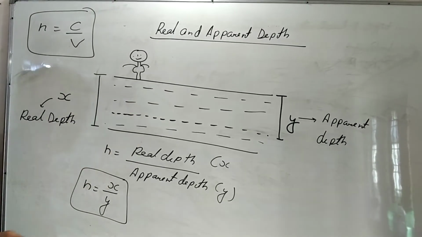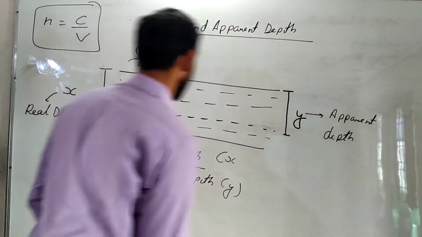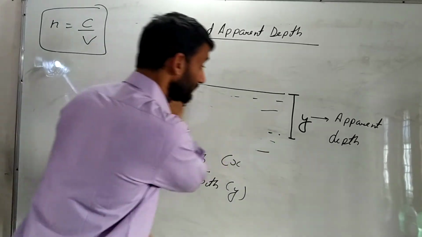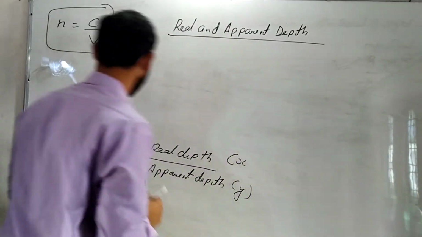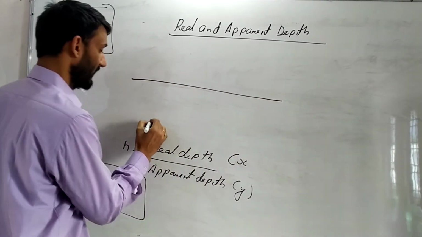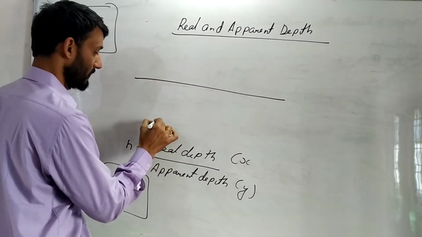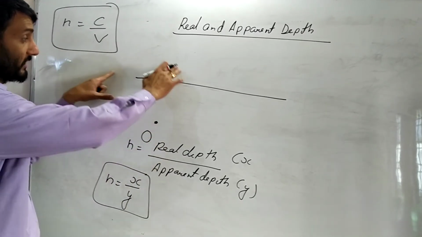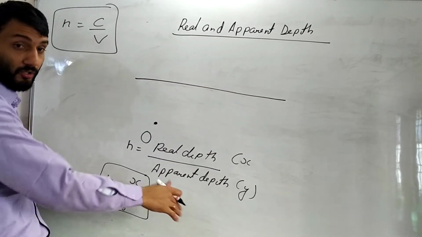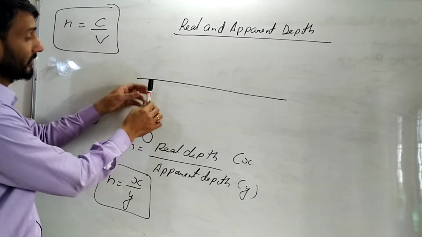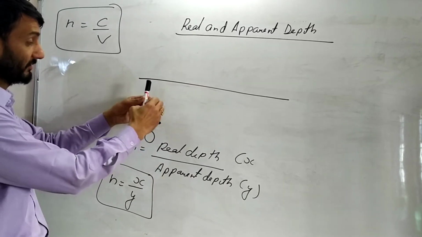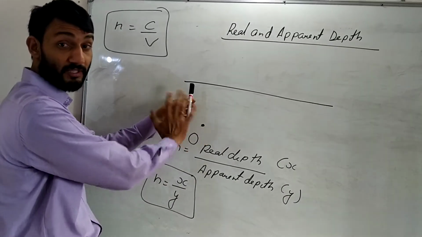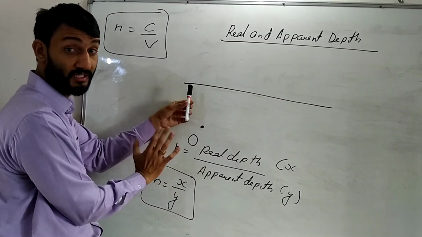So let us understand this case now. Why is the swimming pool not that deep when we are standing outside the pool? For that, let me take an object here, O. When an object is kept like this, the light from the object will go in all directions. If I keep the marker like this, you can see the marker from this side also, that side also, because the light from the marker is getting reflected in all possible directions. That is why you are able to see it.